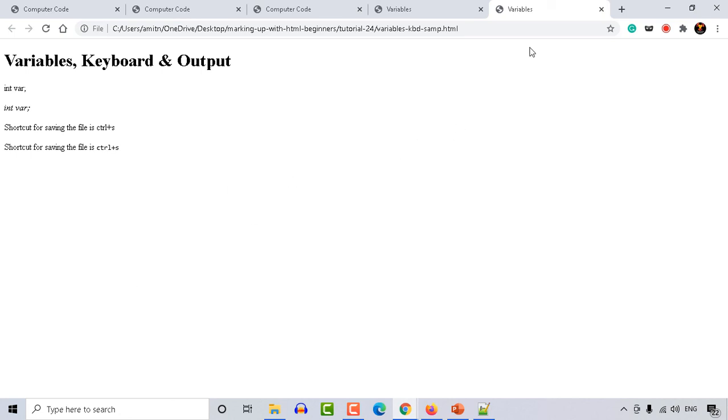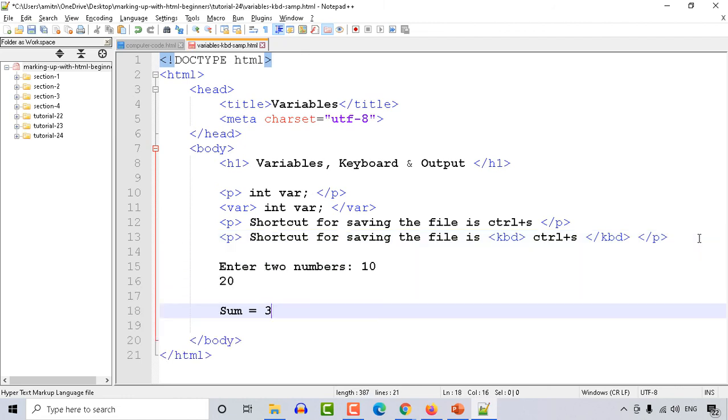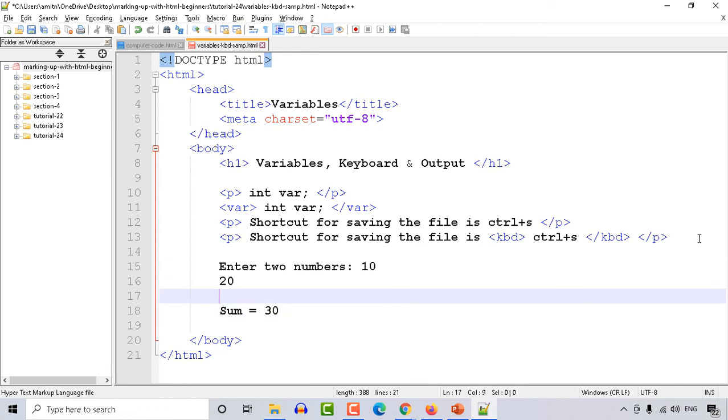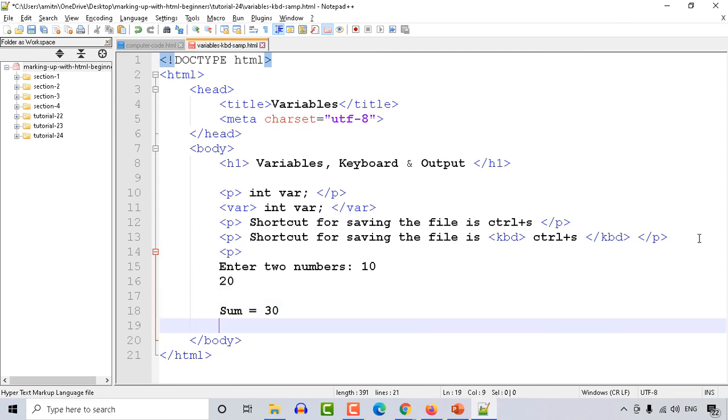Fine. And the last one is to represent the output. For that, the tag is samp. So let me represent the output here. Now let's suppose this is the output, right? First, let's try to print it with the help of a paragraph. And we know that to represent this line change, we have to use the BR tag.